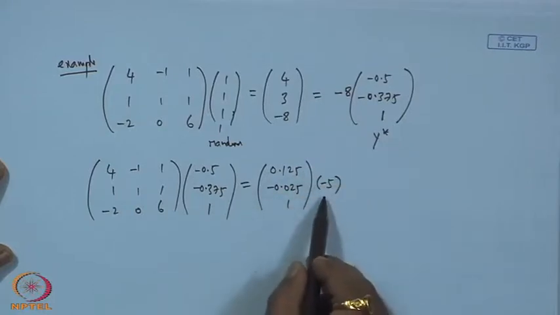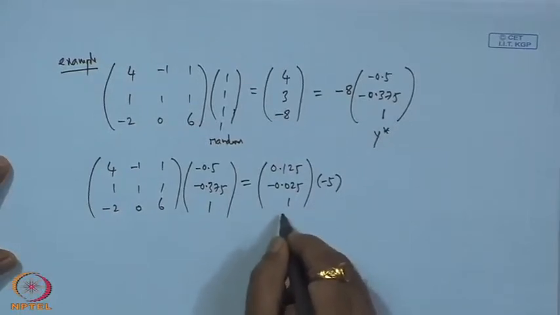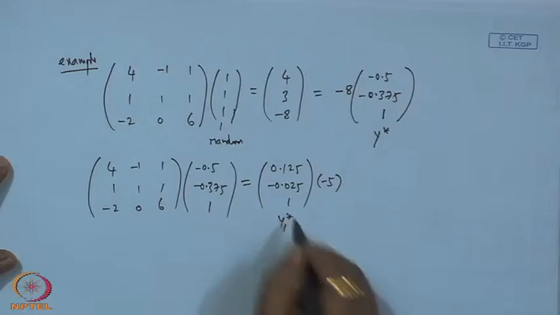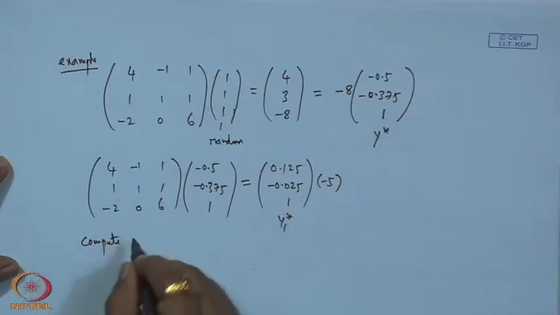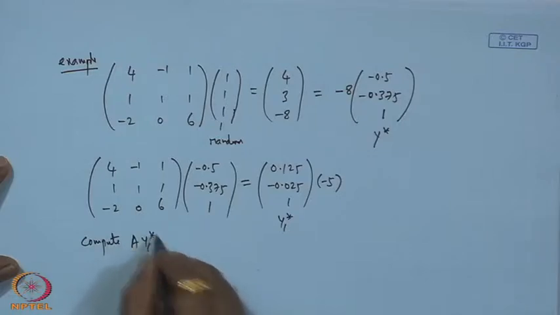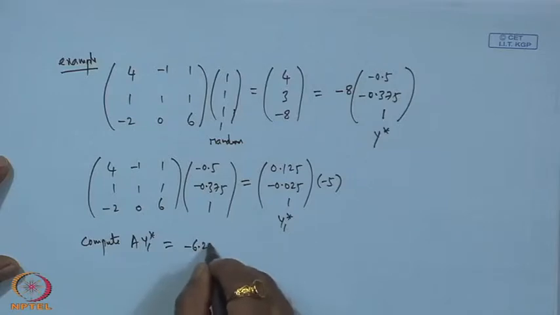So, this time the normalizing factor is minus 5, and this is our, say, y 1 star. So, then again we compute A y 1 star. So, this would be something like